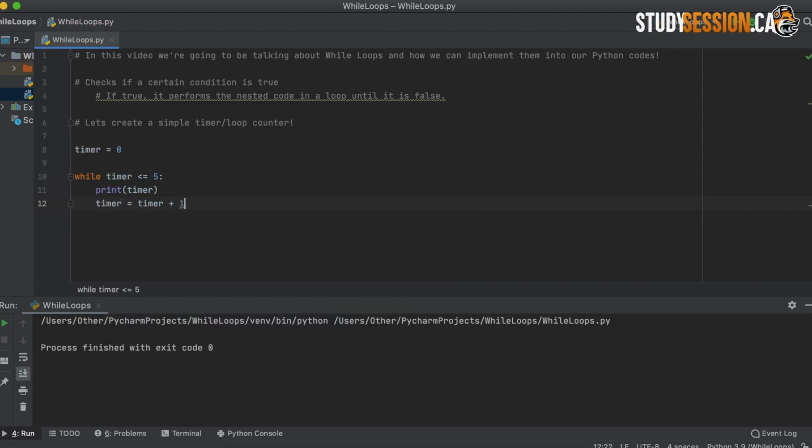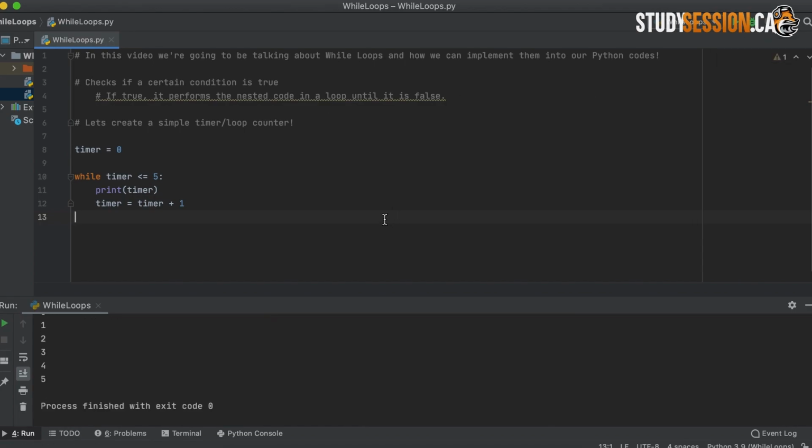Obviously, here this piece of code is super simple, but the same logic applies for longer repeating pieces of code. So, let's also add a print statement here at the bottom too, to ensure that we can see the loop working. Well, what if our testing condition is actually false?